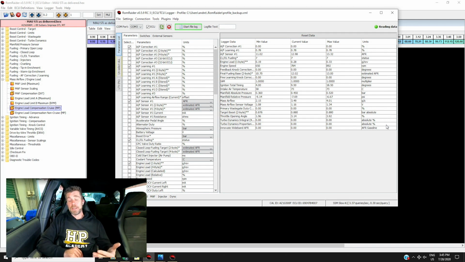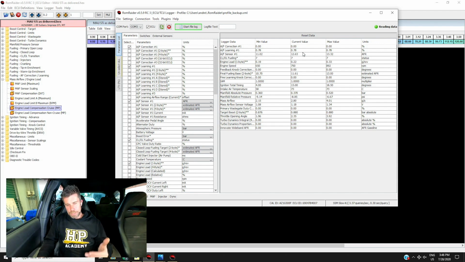Once you've got that in, you can also compare your actual wideband to the measured air fuel ratio sensor from the factory. You'll be able to see that at cruise and partial throttle they track pretty closely, but you'll see those discrepancies start to move in once you go through to full boost, wide open throttle, where it starts to get a little bit more inaccurate.